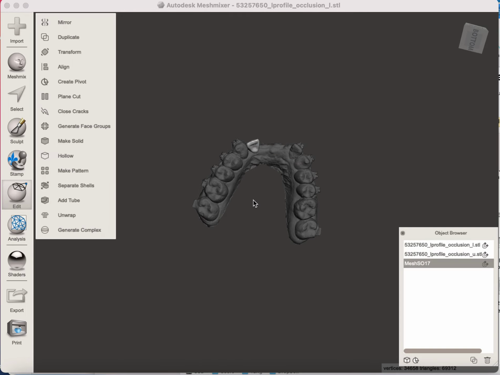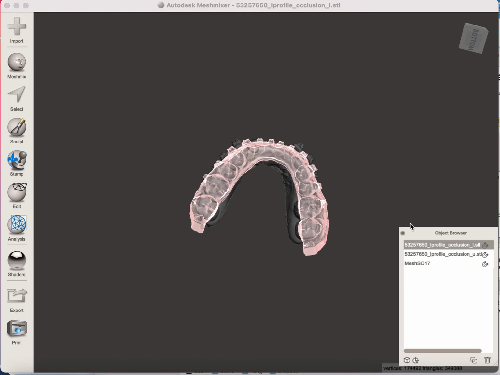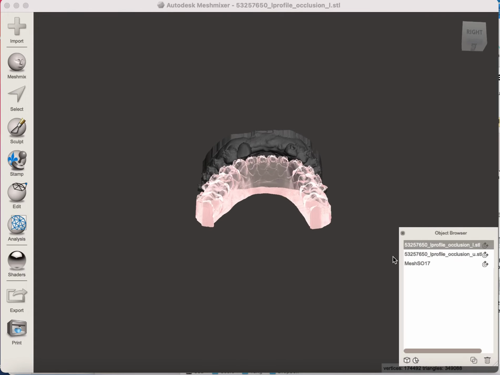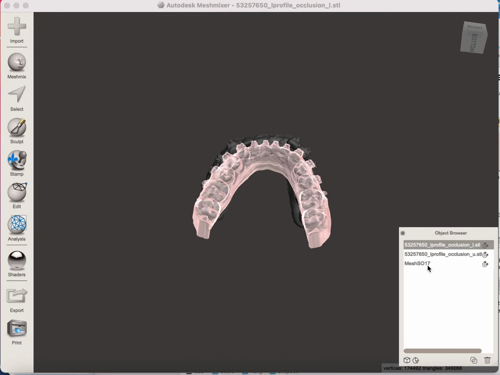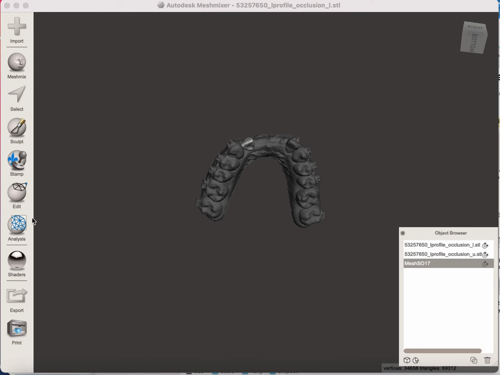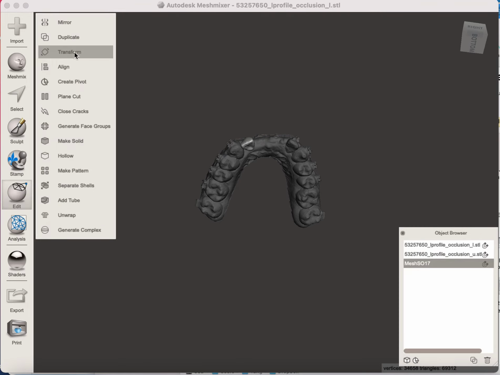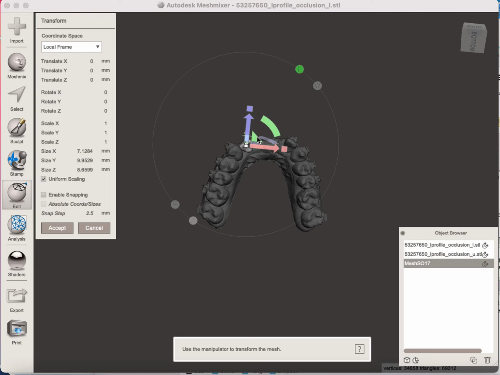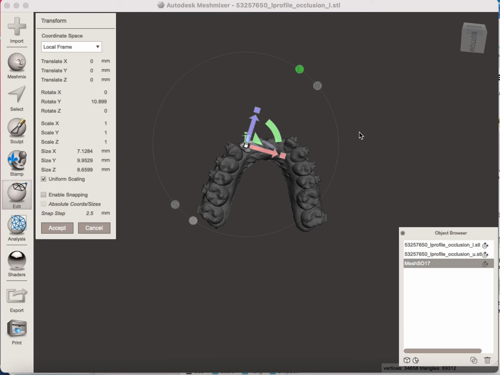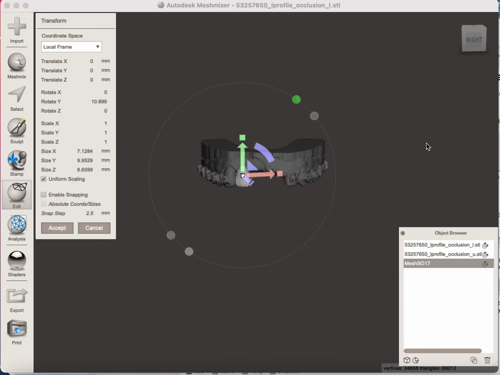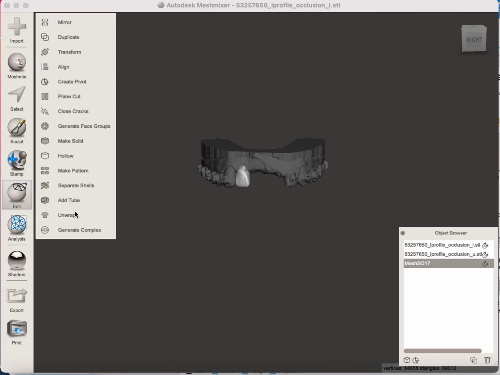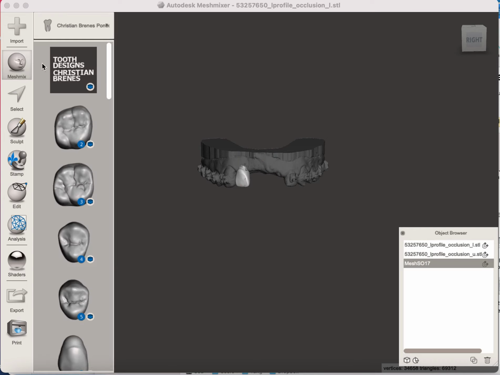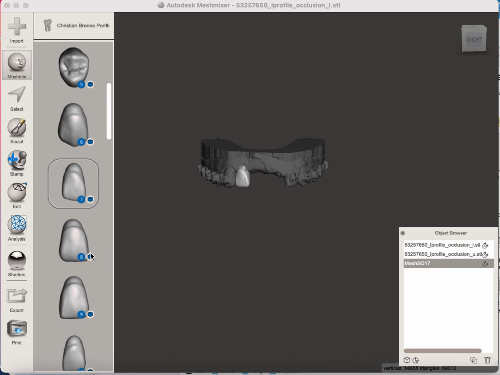Click Accept. After you click Accept, you can open back the lower models and see how the overjet is. And then again, highlight that tooth now, edit, transform, and now you can rotate and adjust it as need be. Okay, and again, I'm just going to click accept. I'm going to add, let's get out of this,